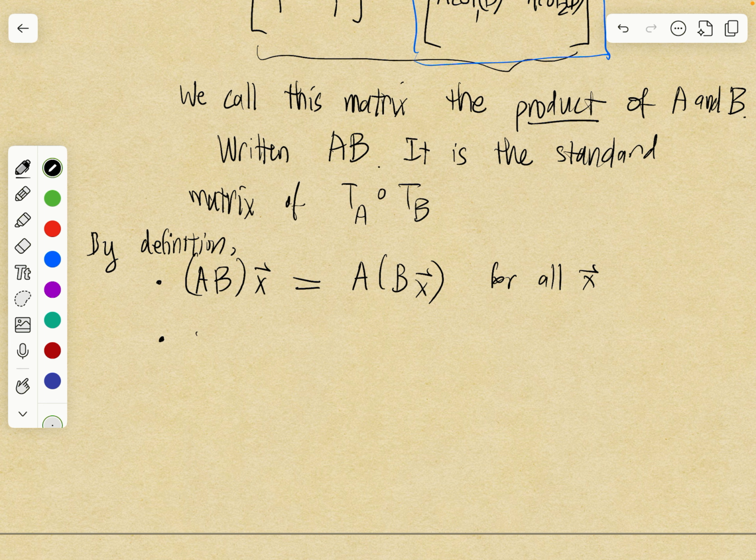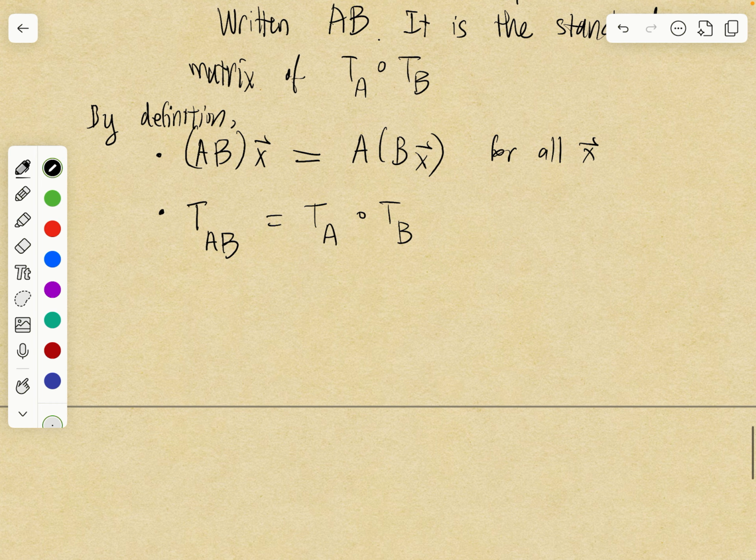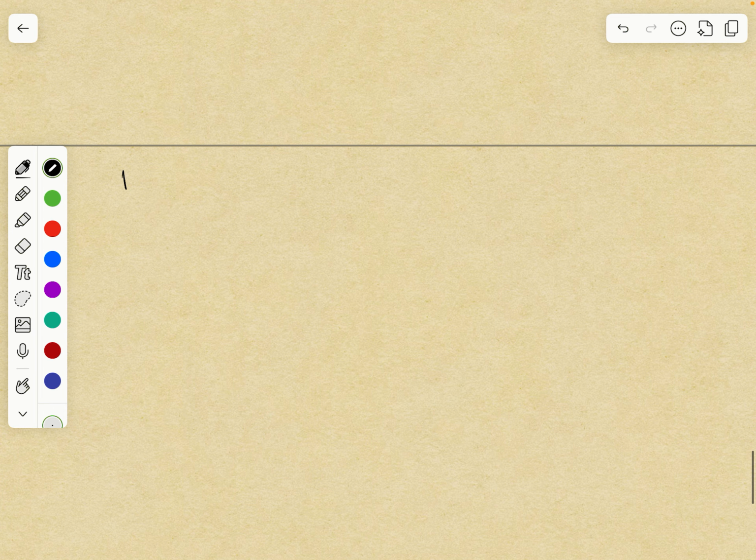And another way to phrase this is that the linear transformation given by AB is equal to the linear transformation given by A composed with the linear transformation given by B. So that's the case of the 2 by 2 situation. And now let's define the matrix product in general. So in general, if you have a matrix A which is an m by n matrix, and B is an